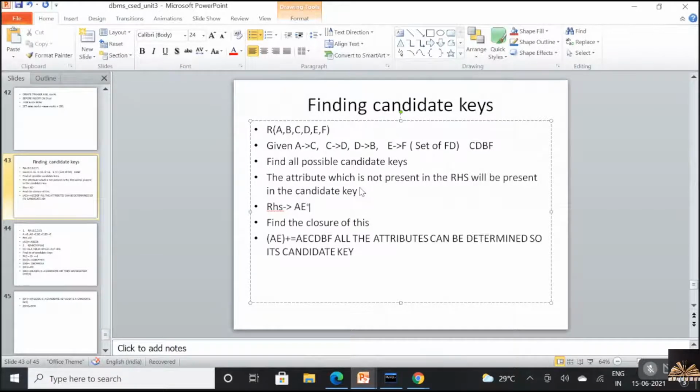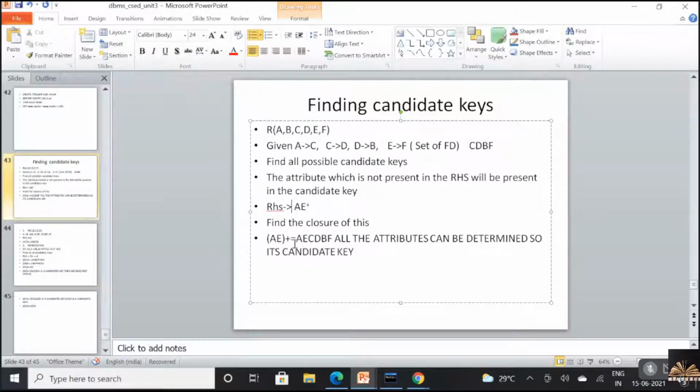So this way you have to represent. You can put a bracket over there also, it's up to you. AE plus. So I'm trying to find the closure of AE. That is the meaning of this. Okay, here I've written within bracket. After that, I have to put it at the top. I've put it aside it. Remember that. Whenever you're working with closure, you have to put it at the top of the characters.